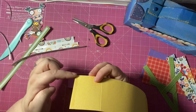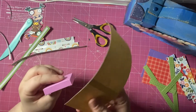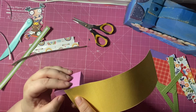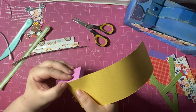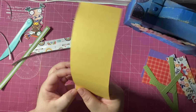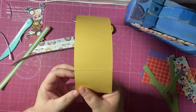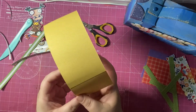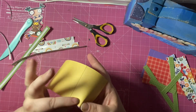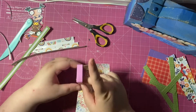Now, the one where you've got the tape on the outside, that's the part where you need to start sticking first. And you just want to start somewhere in the middle, just eyeballing it, on one of the longer sides of your base piece. And just by using your fingers and thumbs, press it down onto the tape like so, and then we're just curving it around the base piece, and you can just push it in, and as you can see, you can lay it down on the table just flat to rub it on,